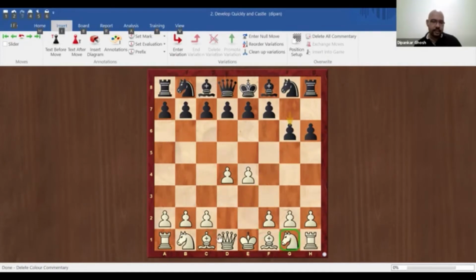Can we say that about these two knights? No. So the knights are short range pieces, right? They can only hop around so much at a time. So they cannot travel far. They cannot have an influence on a distant part of the board from where they are. So that's why we want to activate them first so that they can get involved, because the bishops are already doing something just by being opened. So knight f3 would be a good move.